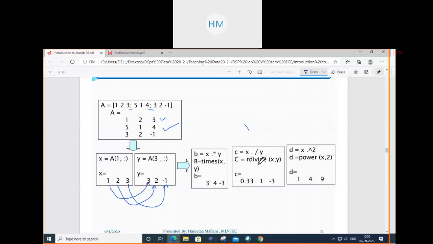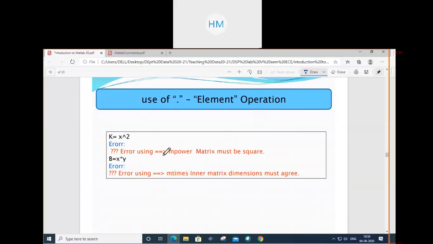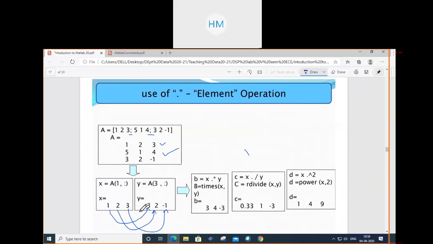So that is the basic operation. Next, how an error can occur: directly if you write x^2, it will not provide you the n-th power of x. X multiplied by y won't take direct multiplication; element by element multiplication you can do.